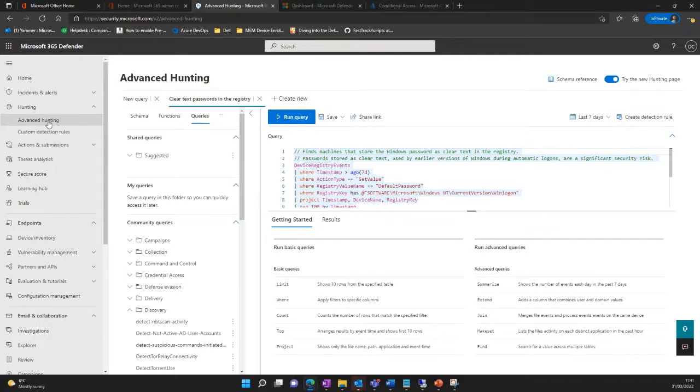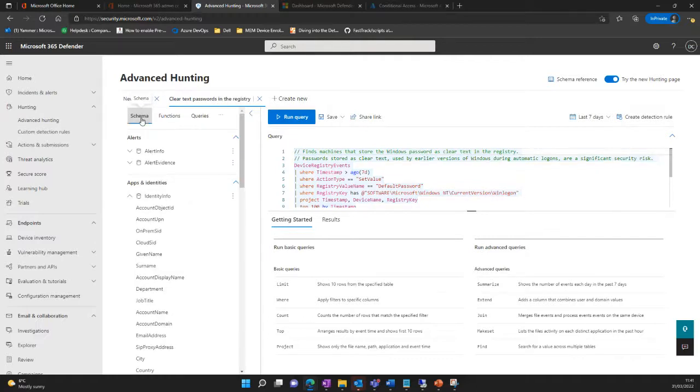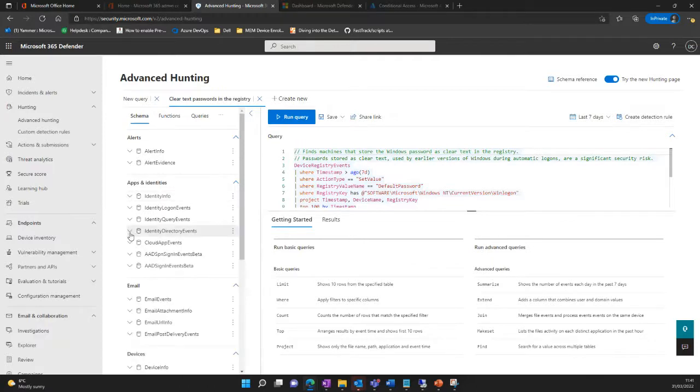Don't get me wrong, M365 gives you all of this with the audit logs and sign-in logs and various other things from how people are accessing it. But this really allows you to build policies about the elements themselves. So you'll see here it's based on schema. And we have lots of different schema elements here that we can use as the basis for our